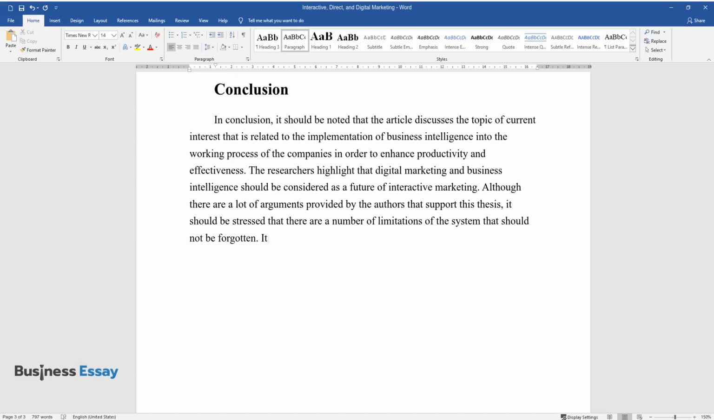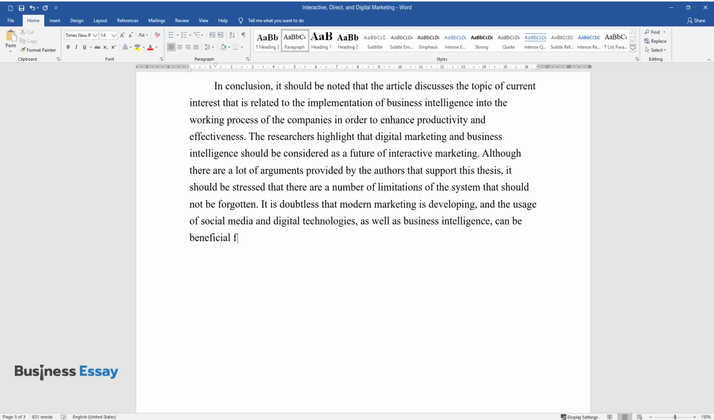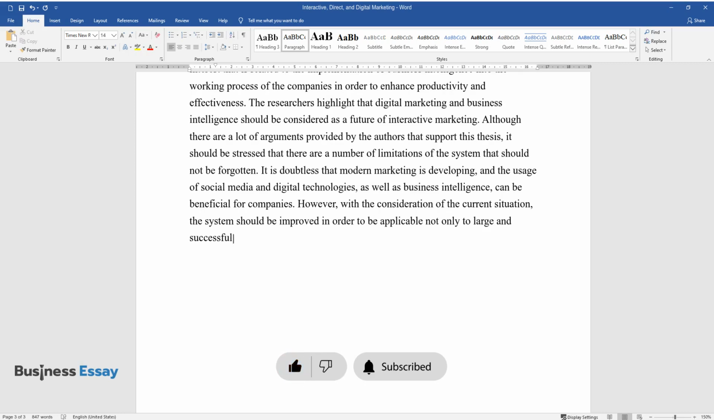It is doubtless that modern marketing is developing, and the usage of social media and digital technologies, as well as business intelligence, can be beneficial for companies. However, with the consideration of the current situation, the system should be improved in order to be applicable not only to large and successful corporations,